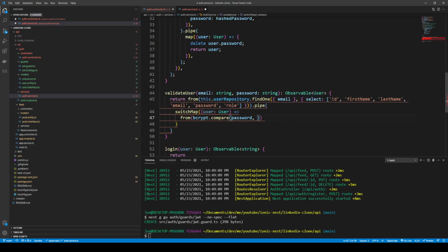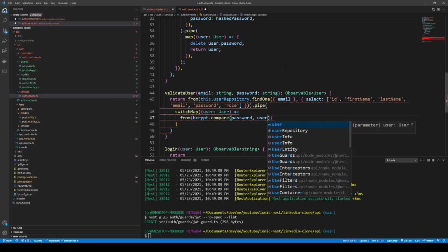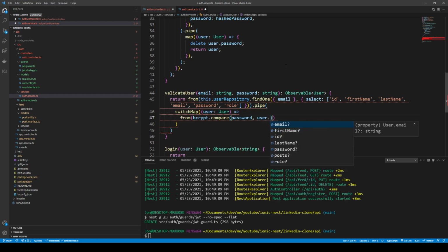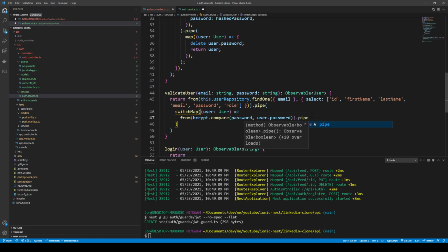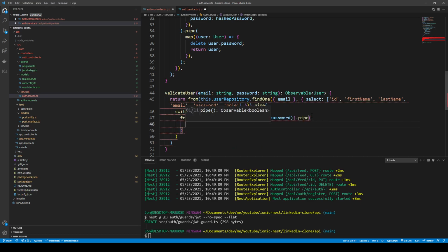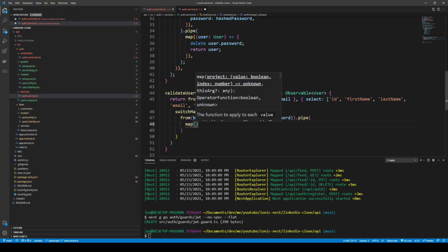So using that, we can essentially check the string password against the hash password, because we're getting the hash password using the user repository find one method. So we can just say password. And since we've made this into a promise, we can pipe into that, and then we can use the map operator,